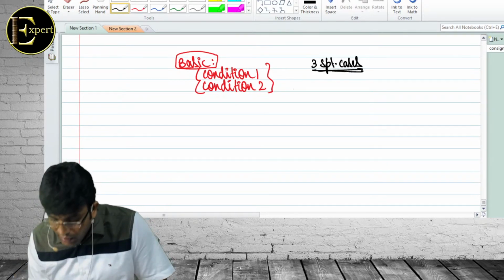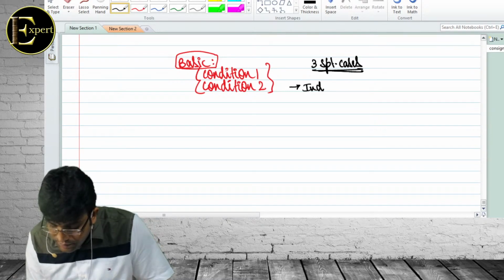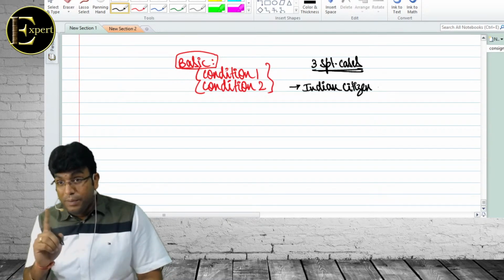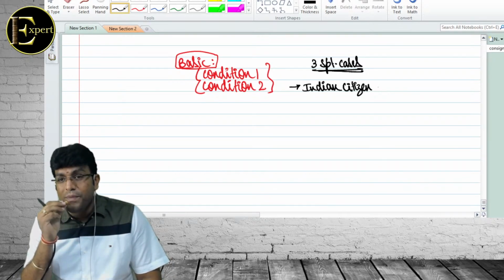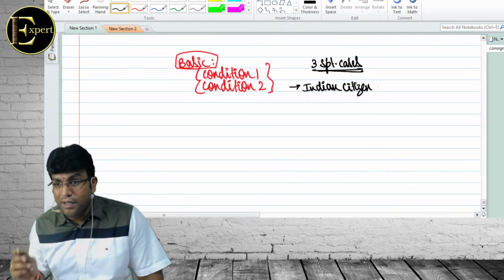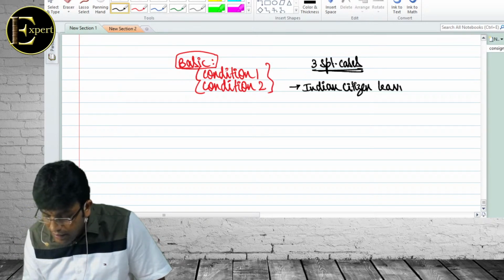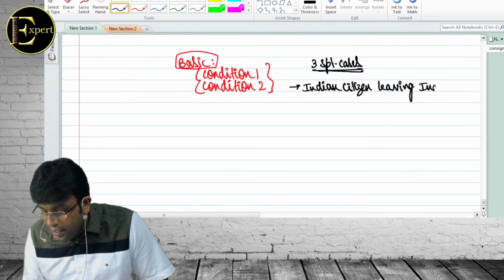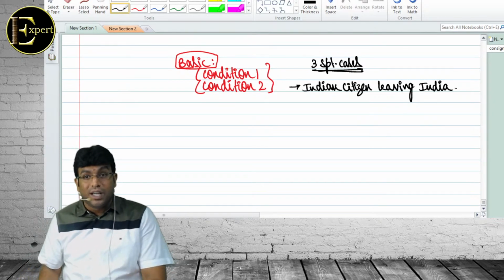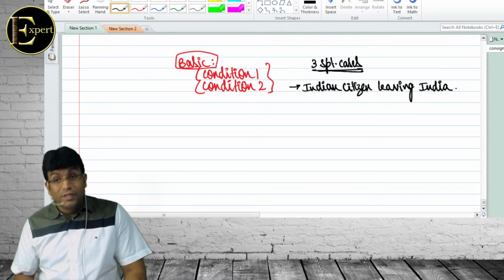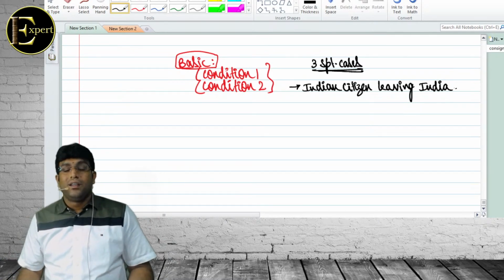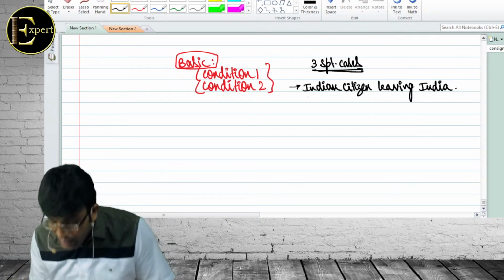Special case number 1: Indian citizen. I already told the principle: unless the question specifies, don't assume a person is an Indian citizen. The question will tell that the person is an Indian citizen. Indian citizen leaving India. It's not living, it is leaving. It means he is leaving India. What is the first point? Indian citizen leaving India